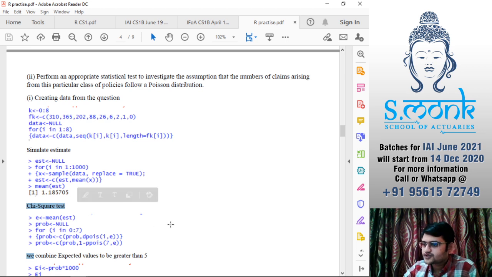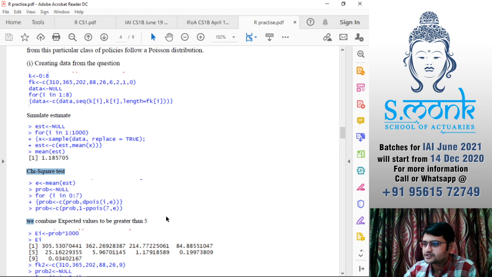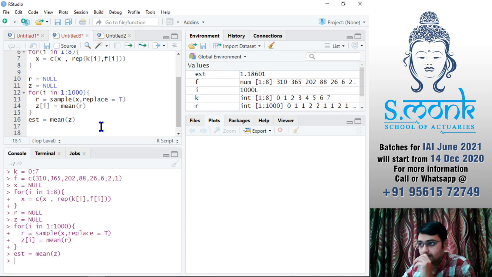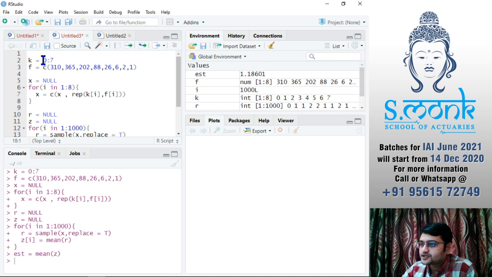Okay. So for the chi-square test, we will have to compute expected value probabilities. For that, probabilities would be, first of all, for the variables 0 to 7 plus. The Poisson distribution does not stop at 7, it goes on forever. So 7 and more than 7 we have taken here as 7 plus. So first of all, I need to find the probability of individual values from 0 to 6.